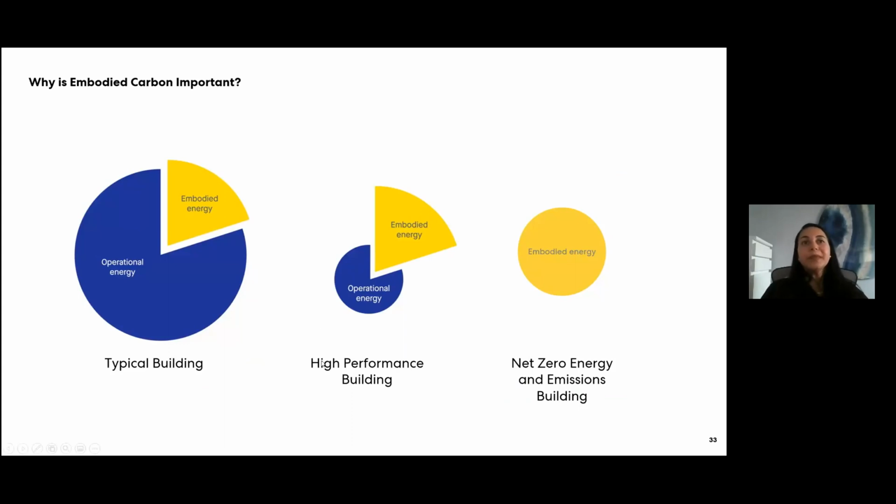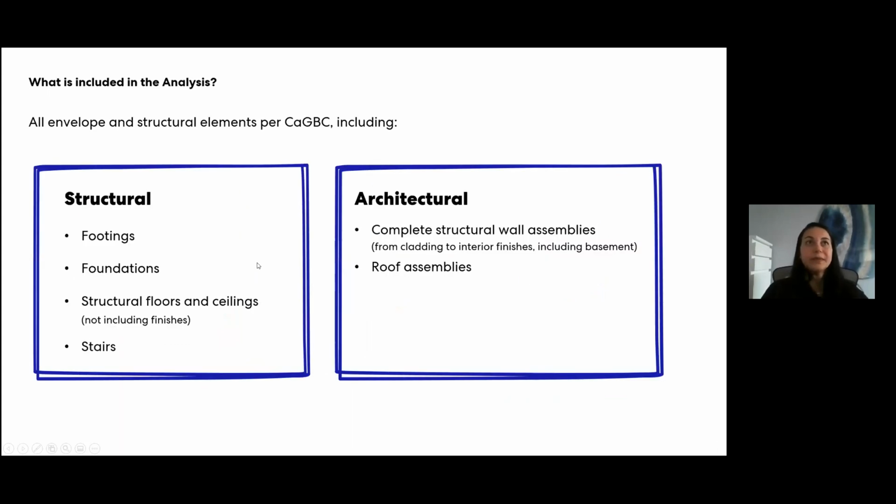So, as Dan mentioned at the very beginning, why are we looking at this? Because historically we've been focusing on operational carbon and ignored embodied carbon, and it's just always been there. But as soon as you get into net zero energy and emissions buildings, really, that's the only chunk that's left. So if we want to be able to even put a dent in that chunk, we need to give it just as much attention. So what we decided to study back then, because the study started in 2019,